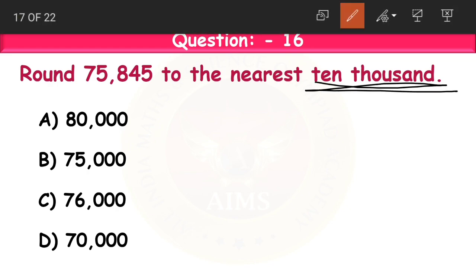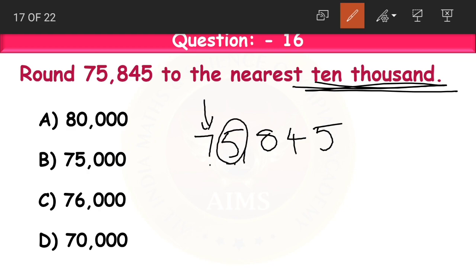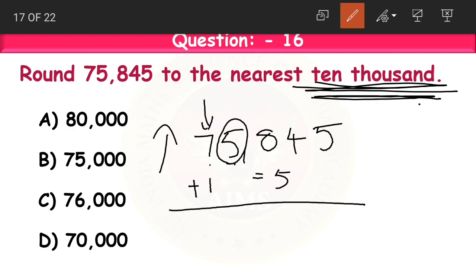Now this is rounding off to the 10,000. We did not discuss this, but as we know how to round off a number to the nearest tens, hundreds and thousands, we follow the similar pattern for 10,000 as well. Now this is the 10,000s place. So for rounding it off to the 10,000s, we should look at the number in thousands place. Now it is 5, right? Equal to 5. What should we do? Round up or down? Round up. What do we mean by rounding up? We add 1 to the digit in 10,000s place. 7 plus 1 becomes 8 and replace the remaining digits with zeros.